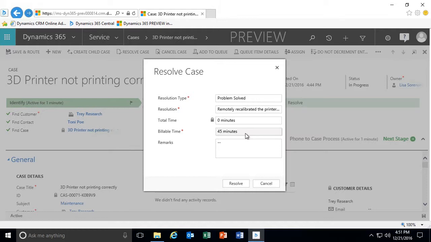This is just the amount of time that we may have spent on it, but it does not necessarily create a bill for this customer. And then if I need to, I can also add additional remarks to resolve this case. So once I've done that and I click on Resolve,